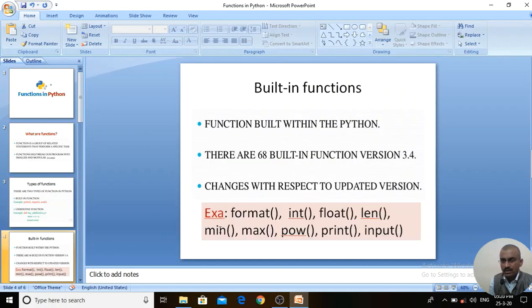Okay. Then built-in functions are functions built within Python. So they are part of the Python library or Python software. There are around 68 built-in functions available in Python version 3.4. This changes with respect to updated versions. So जब भी Python का version change होगा या कोई नया version आएगा, we'll have a few more functions